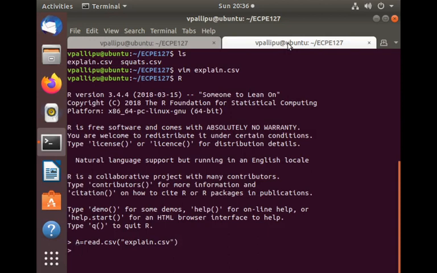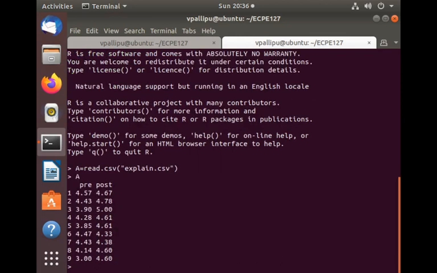After you execute this command, just make sure that A has been properly read. Sometimes R is not... So just ensure that A has been properly read. So I just type A in my R terminal, and I find that I have those two columns,